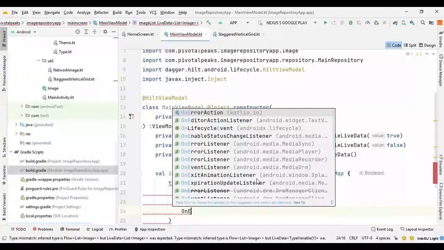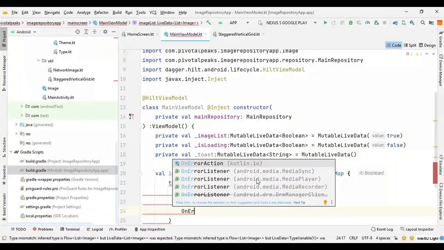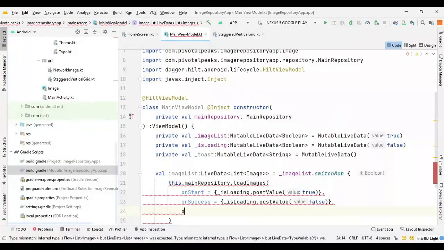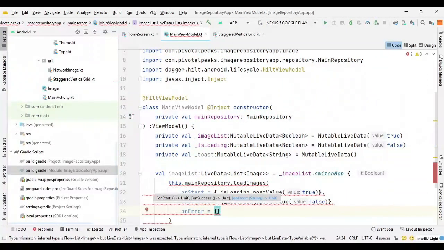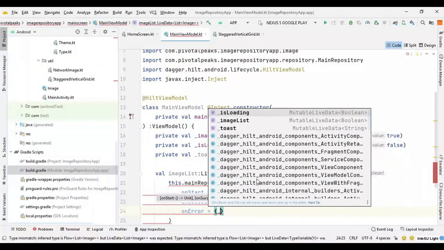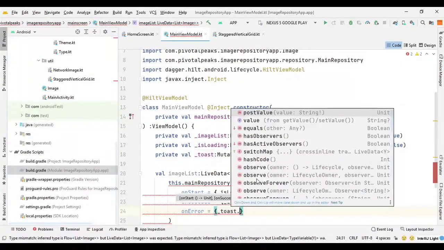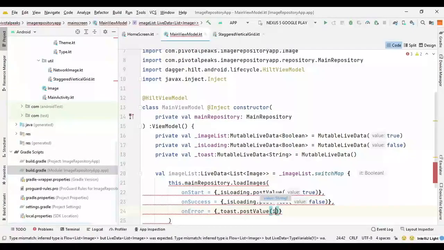So we can say on error, and on error we will just provide the toast value. So we can say toast dot post value.